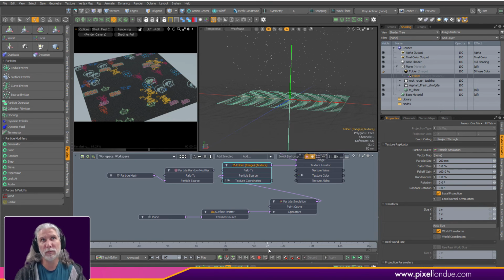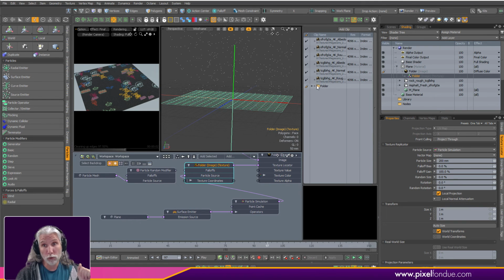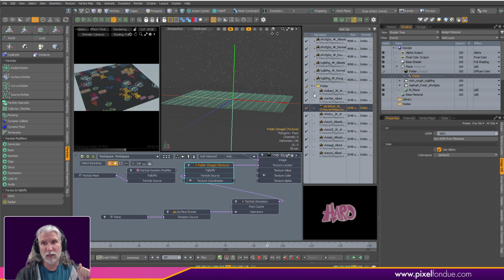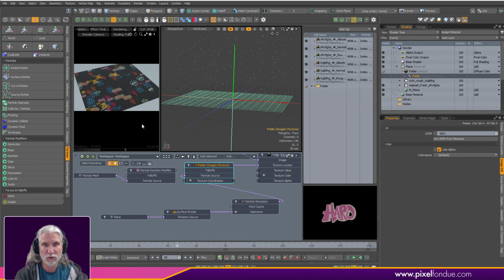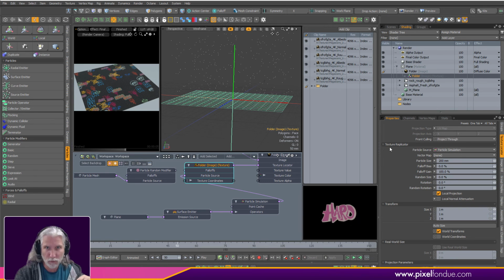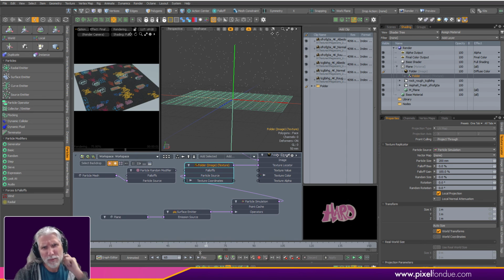Now, I haven't tried this with image sequences, and I wonder if you could just drag an image sequence into the folder here instead of just dragging still images. If you have an image sequence, obviously you have ripples and these particles. So what I would really do is have a particle plane above raining particles down. As the particles pass by this surface and get within that radius, 0.2, that little virtual sphere, they're going to start affecting that surface. And so you might be able to have three or four different ripple sequences for your rain animation, and use this method to fix how rain animations always look